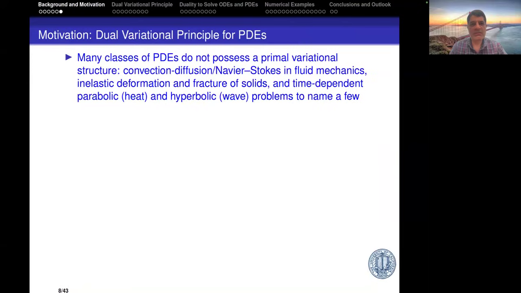Okay, so now let's get to the meat of the talk, at least the starting point of the talk. What is the motivation of this? Especially if this is Amit's work initially, all the theoretical work is done. He's done before. You can think of many classes of PDEs which are well known, of course, which do not have a primal sort of variational structure. And the simplest of them would be just convection diffusion, steady state convection diffusion, which I'm going to talk about